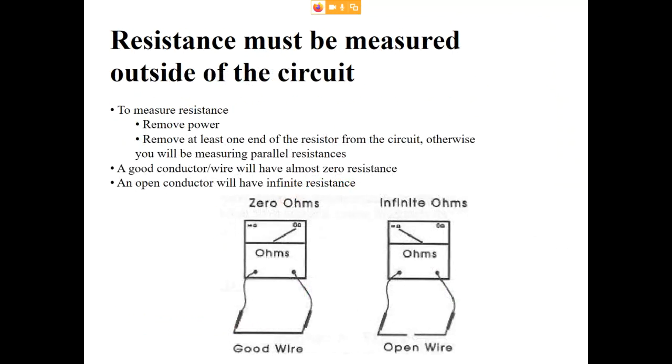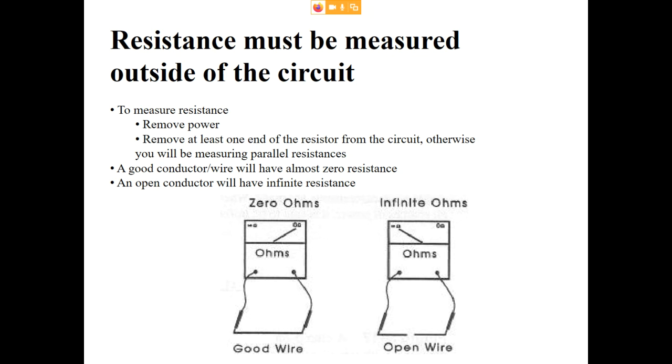Okay, so when you're measuring resistance, you just basically take the meter and put it across the thing that you're trying to measure. So if you want to measure the amount of resistance, which you need to do for every lab, you'll be getting resistors out, and you need to measure the resistance and use the measured values. All right. You can also use an ohm meter to determine whether a piece of wire is good or not. Remember that all conductors have resistance, but